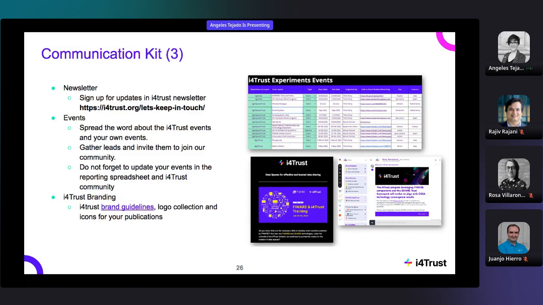In this spreadsheet, we will ask you as well to contribute with the events where you may be participating, domain-specific events, and also some social media posting. You will see in the mentoring plan that there is a small KPI.